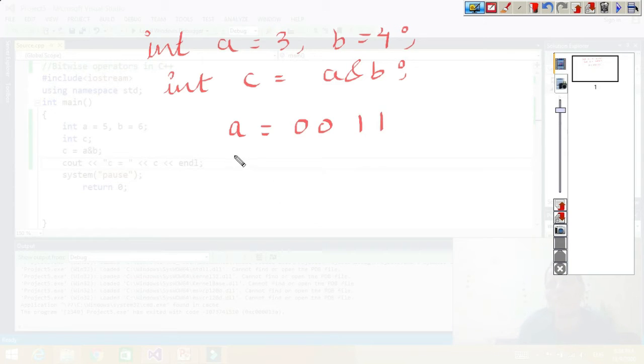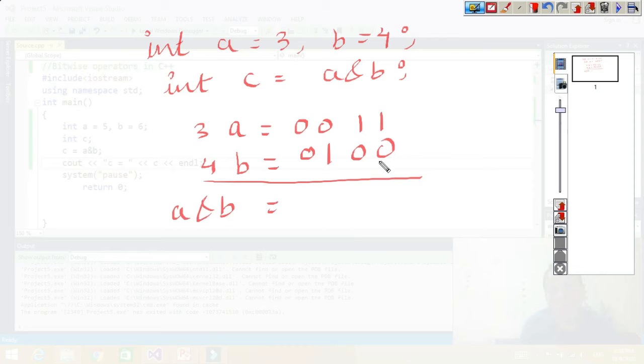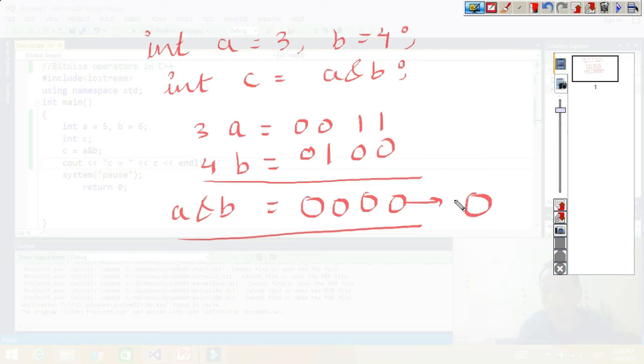And the binary equivalent of 4? 0 1 0 0. When we perform A and B bit by bit, we get 0 0 0 0, and converted into its decimal equivalent, that will also be 0. So in this example A and B should be 0.